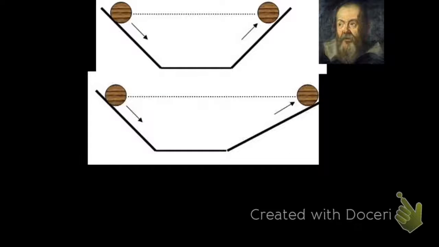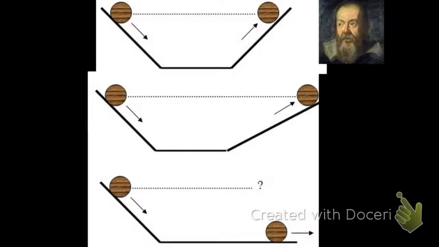And he could change the angle of the ramp, and as he made the second angle more shallow, the total distance the ball went was further, and yet it still returned to the same height. And so he kind of took that to the extreme and said, well, if I then don't ever return it to the original height, it should just be able to travel forever, keeping going in that straight line,